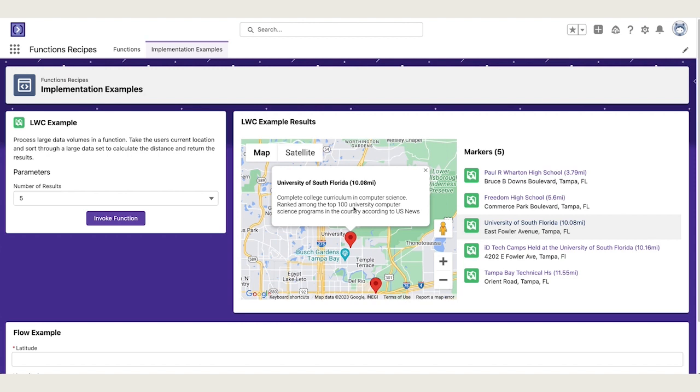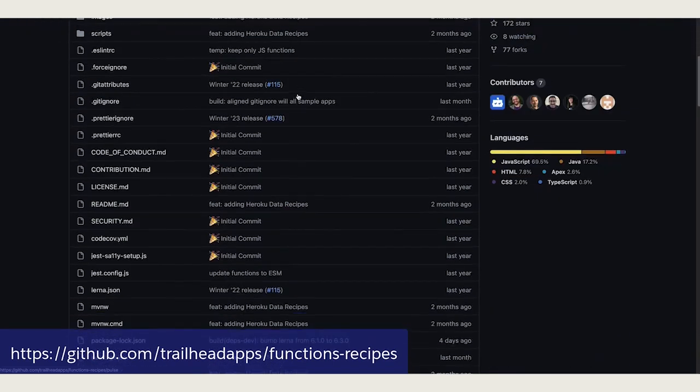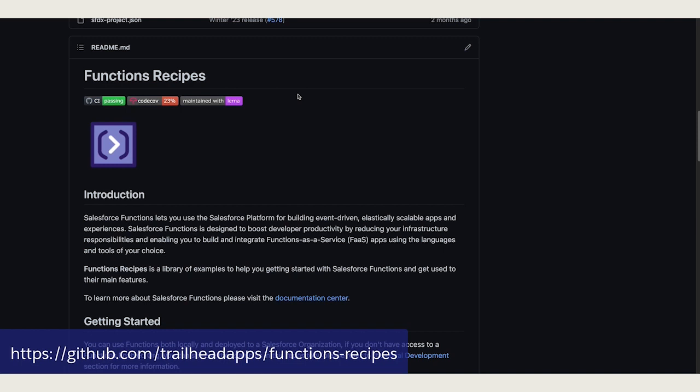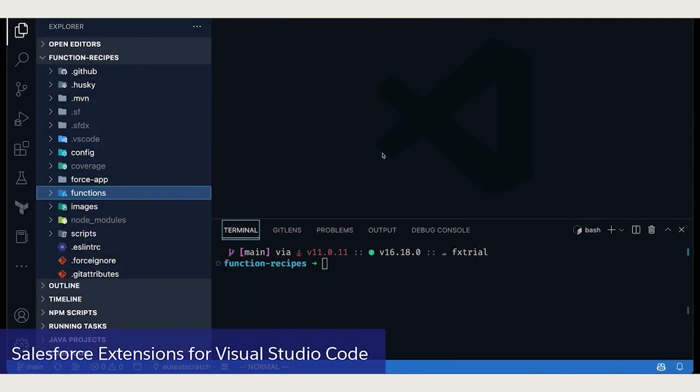To get the source code, you can go to our GitHub Trailhead Apps organization. There, you will find the Function Recipes sample app. You can clone it on your computer and run the sample functions locally using the Salesforce CLI. We recommend using the Salesforce extensions for Visual Studio Code to develop functions. You can find all the code examples under the Functions project, including the new recipes showing you how to access